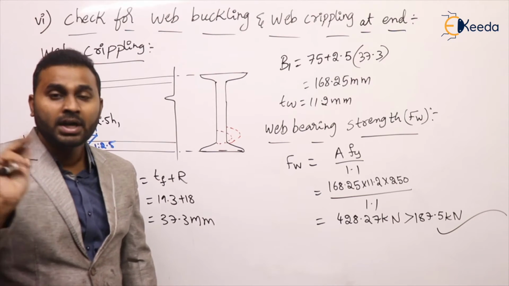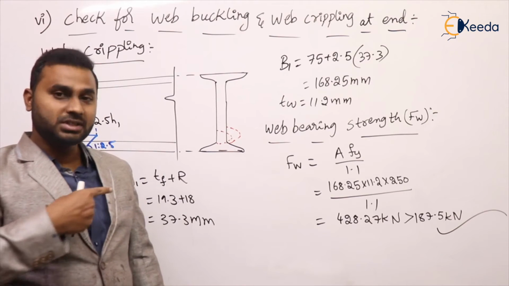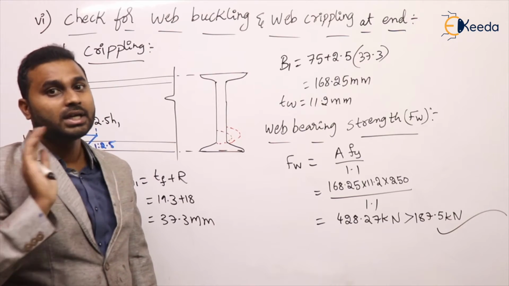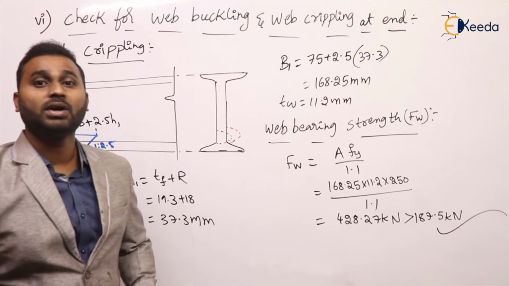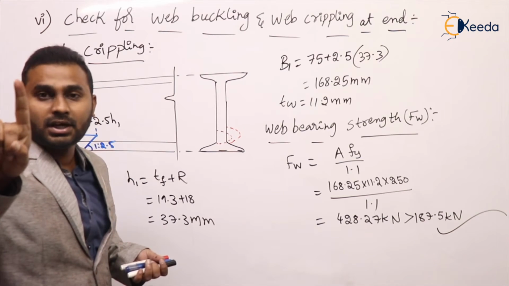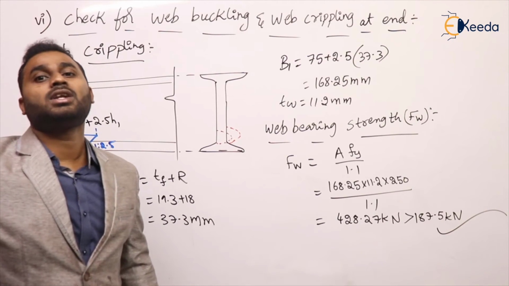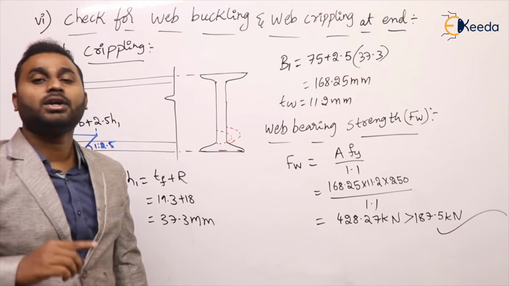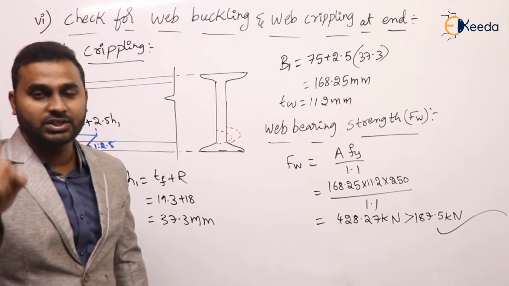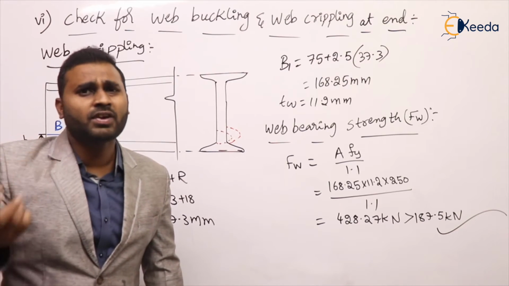Now in this question itself, I'll explain the high shear case also. This is a low shear case. What is the condition for the high shear case? If 0.6, or 60%, of design shear strength is less than the externally acting shear force, or factored shear force, then that is a high shear case. In that high shear case, how to calculate design flexural strength, let us see.